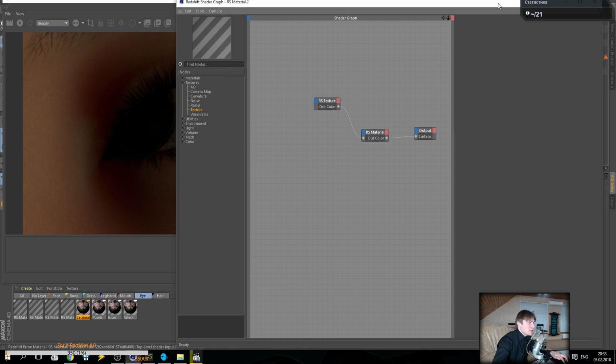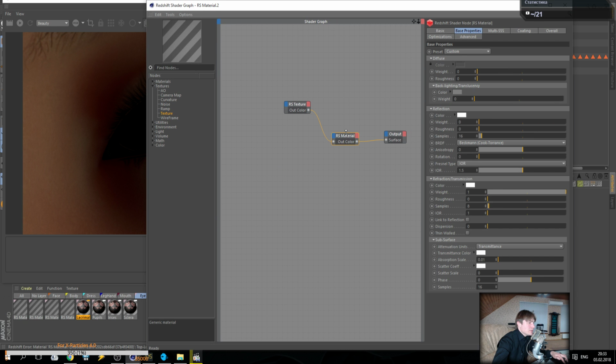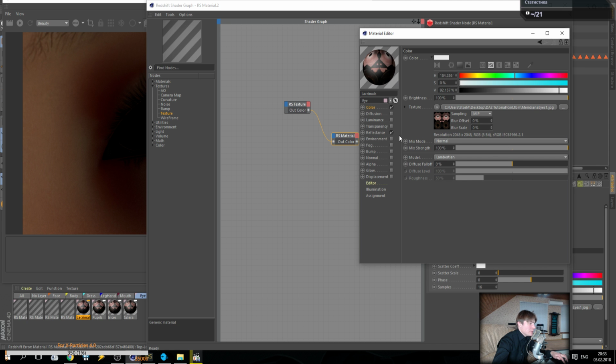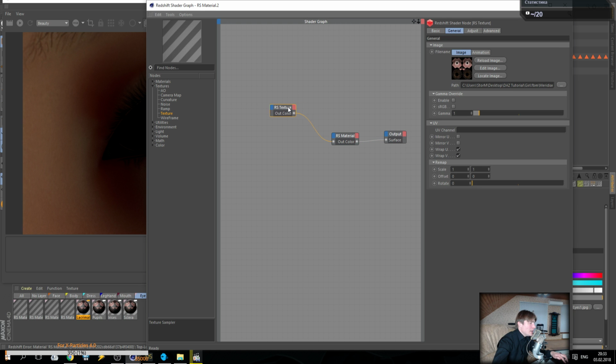Wait a little bit, the computer will calculate it, because I haven't any effect. Do not change anything, just check what I have. No opacity, no alpha channel, and here almost all the same. So I have this texture,